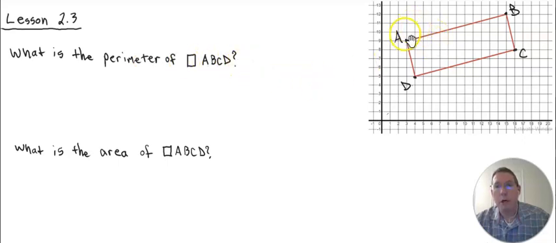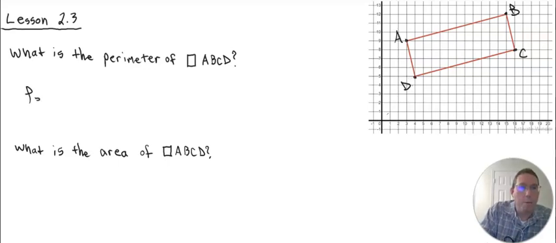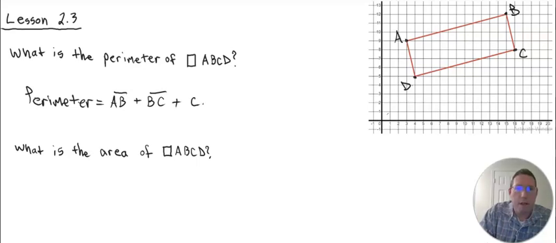Well, very simply, we find the length of all the sides, and then we add up the lengths of all the sides. So one of the sides is AB, another side is BC, another side is CD, and then another side is AD. And so basically, what we got to do here is the perimeter. What we're basically doing here is we're just adding up four numbers. So the perimeter of a quadrilateral, in this case, is going to be whatever the length of AB is, plus whatever the length of BC is, plus whatever the length of CD is, and then plus the length of AD,